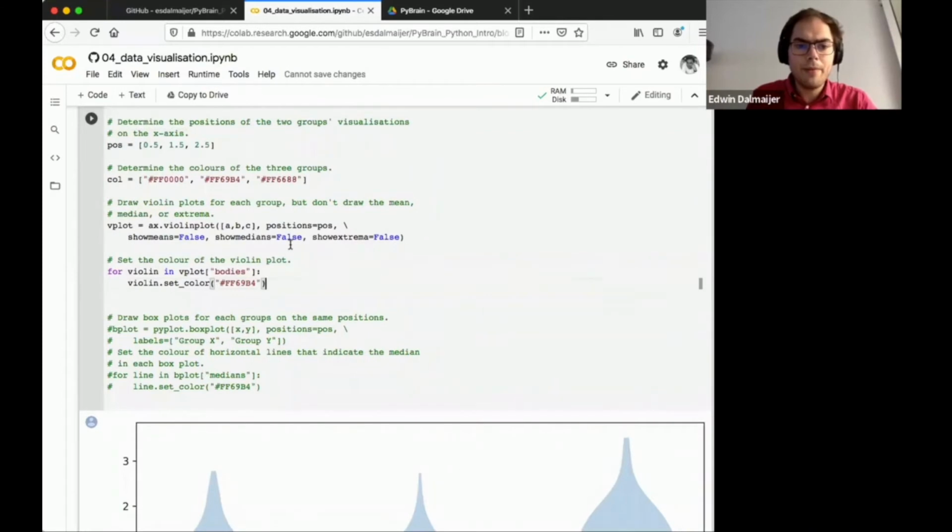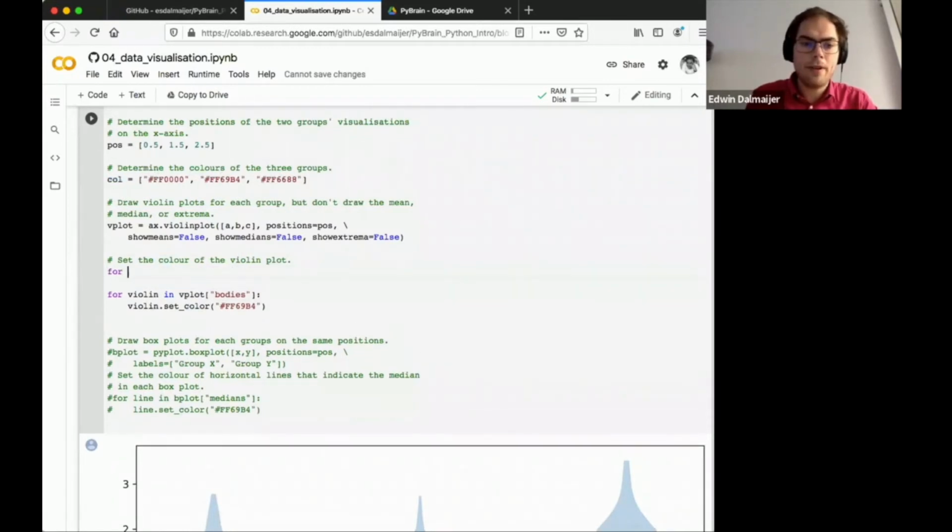So essentially what we need to do is iterate over this. One way of doing it is saying for violin in vplot, and then just setting the color for that violin. But now we don't really get the index that a violin has within this bodies list, which is annoying because we need that index to use in our color list for indexing the first, the second, or the last color. So another thing that we could do instead is say for i in range,